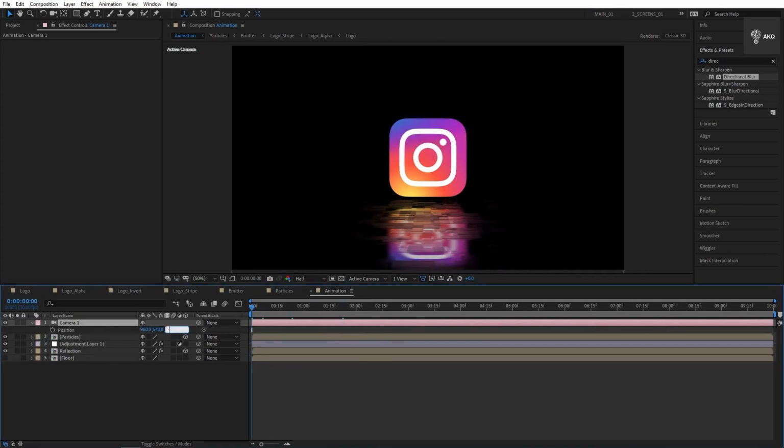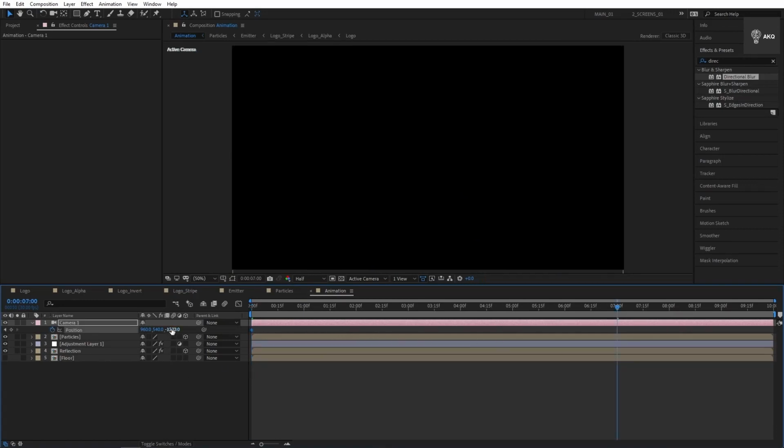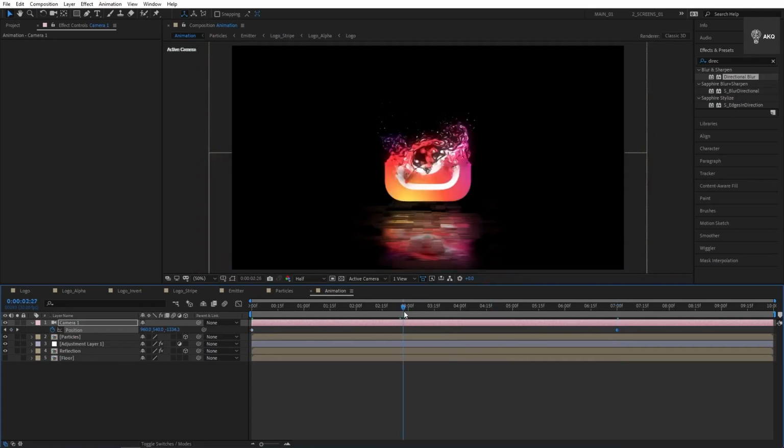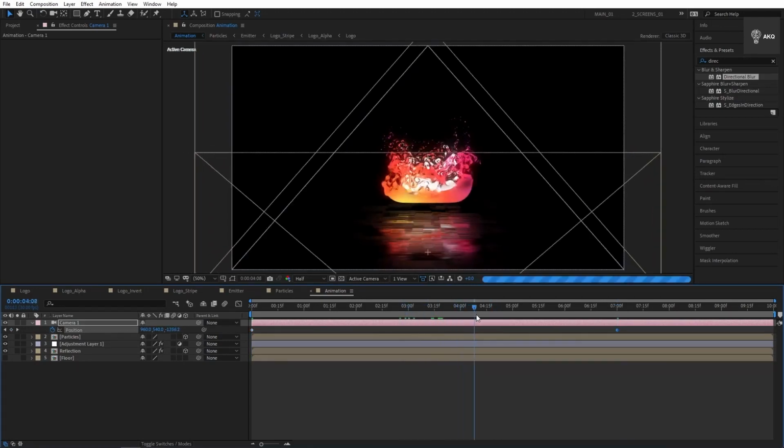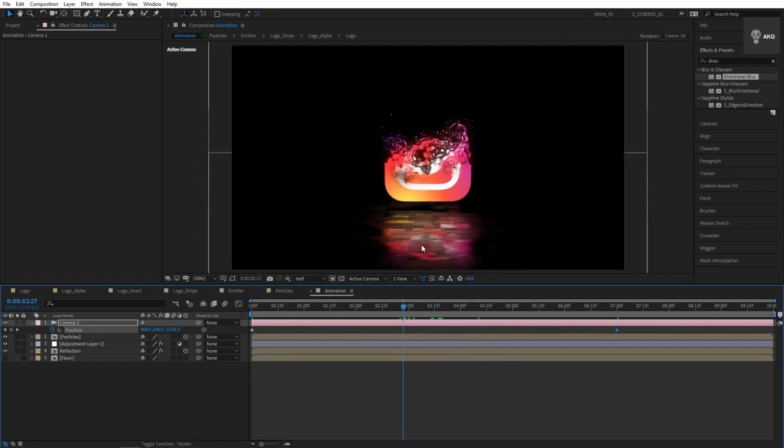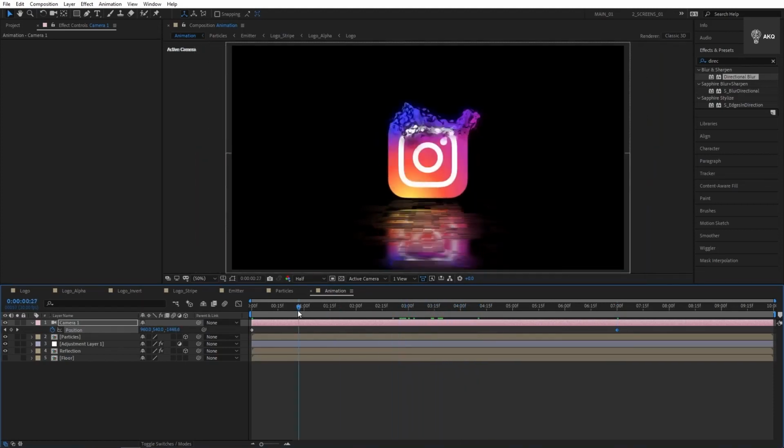Set Z position to -1500. Then click on the stopwatch to create a keyframe. Move to 7 seconds and set Z position to -1100. I'll create a smooth and slight zoom animation toward our logo. But as you can see, the flow is not moving, and in order to fix that, we need to